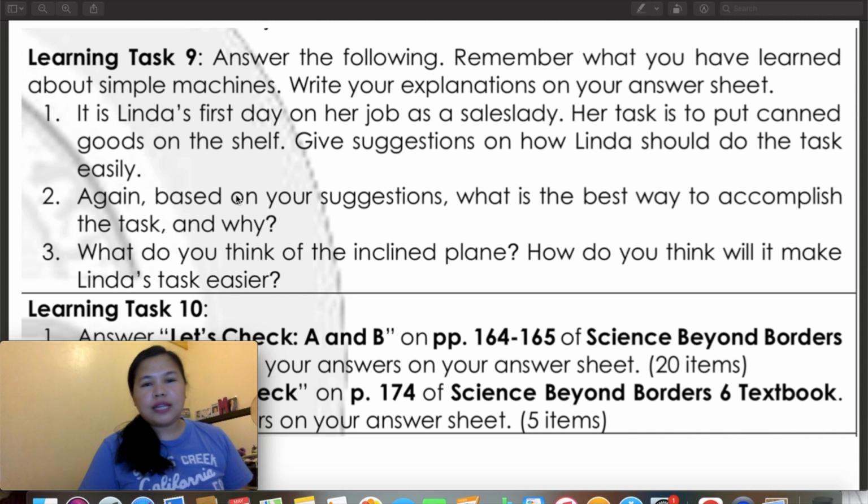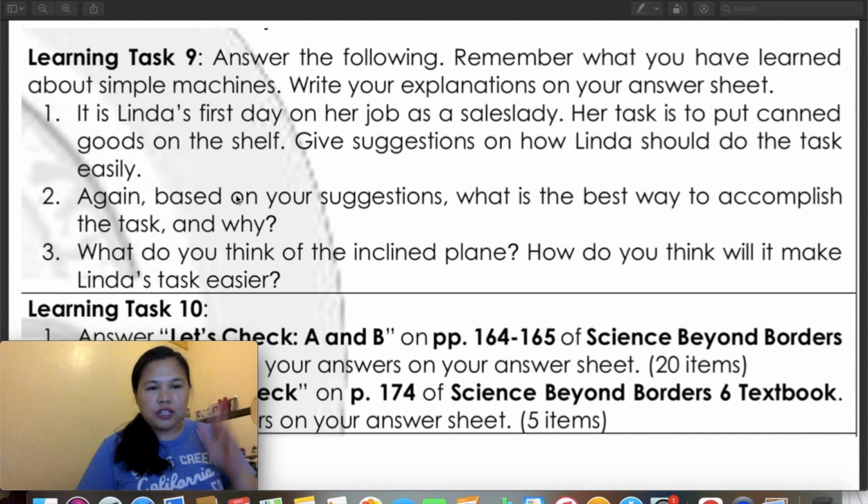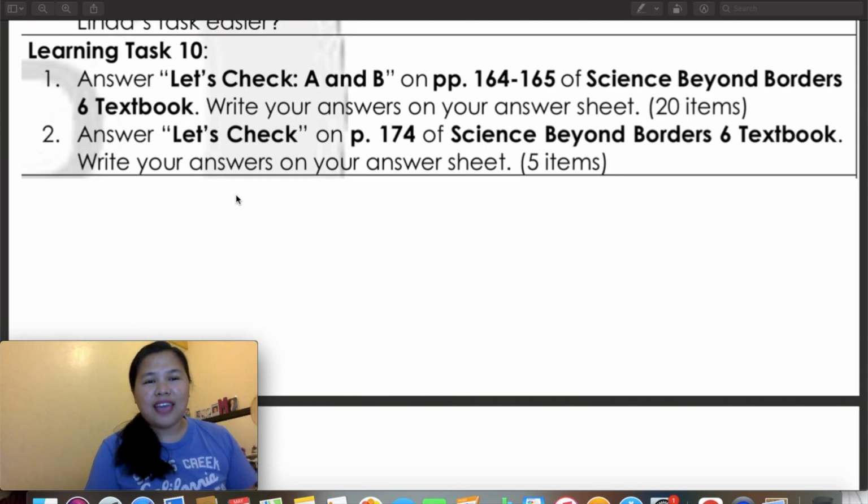Okay, in your learning test 9, answer the following. Remember what you have learned about simple machines. Write your explanation in your answer sheet. So, there are 3 questions. There are 3 situations. In your learning test 10, so,